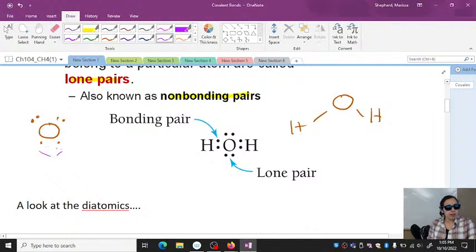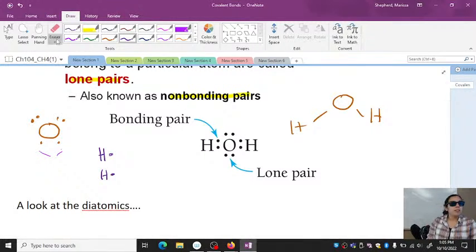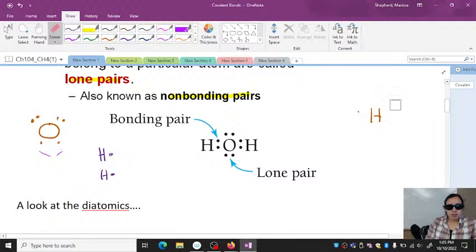They want to make a bond here. And then if we draw in hydrogen, the Lewis dot structure, there's 2 of them. When we're making our drawing, you want to keep a count of how many electrons you have, or how many people are coming to the party. We have 1, 2, 3, 4, 5, 6, 7, 8 electrons total: 6 from oxygen, 2 from each of those hydrogens. Then we're going to see how we come to that structure.